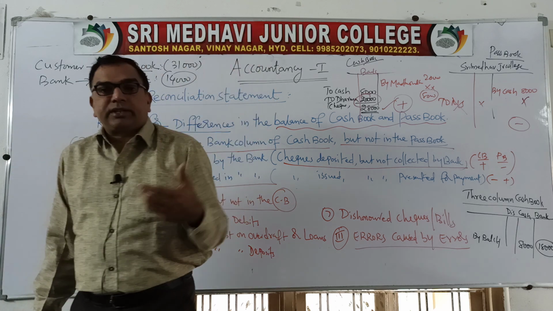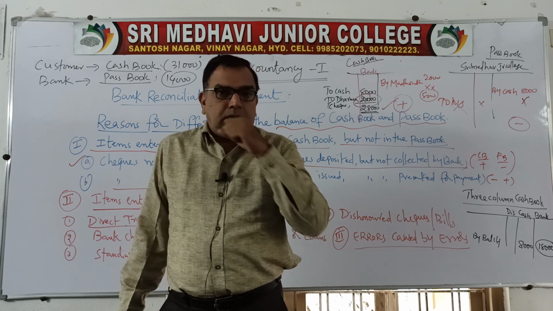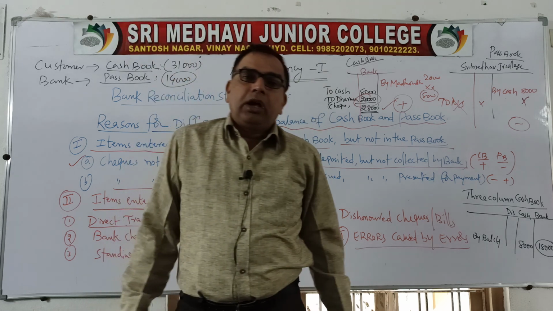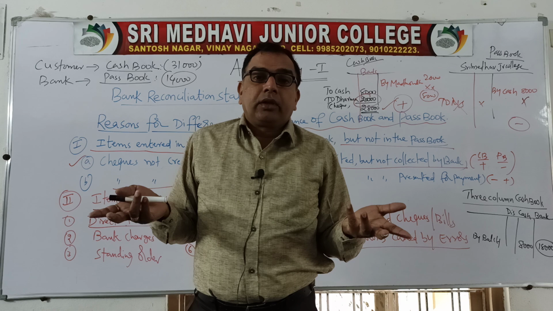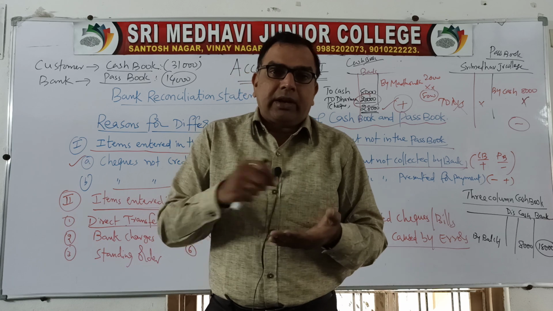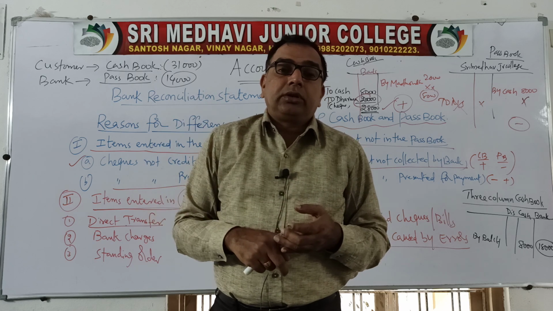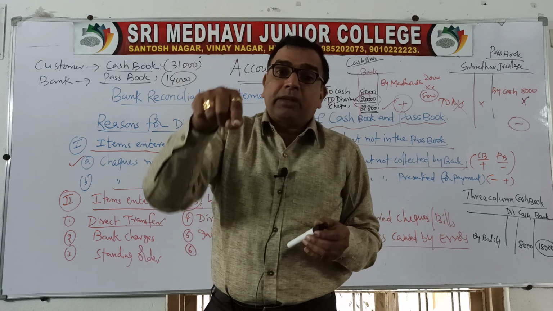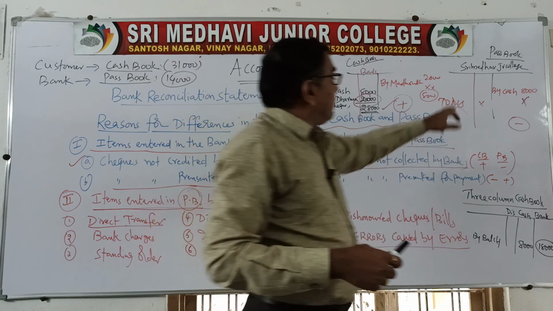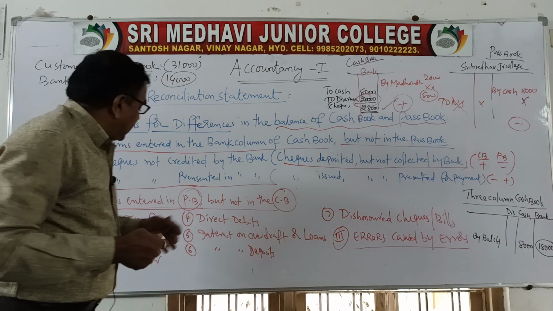For example, one of our parents had to pay the fees to college. So what do they do? Towards the fees of their ward, they will directly transfer money to our bank account, which we don't know. Because if the parent pays fees in the college office, the accountant will come to know and will make the record. But what the parent has done, directly transferred into the bank account, then what happens? The entry is made in the passbook, but not in the cash book. In such a case, bank balance will increase. The entry will be recorded over here, in the passbook. So passbook balance will be more, cash book balance will be less.